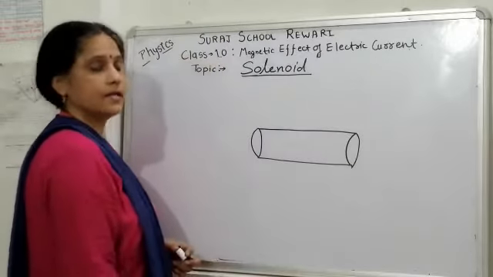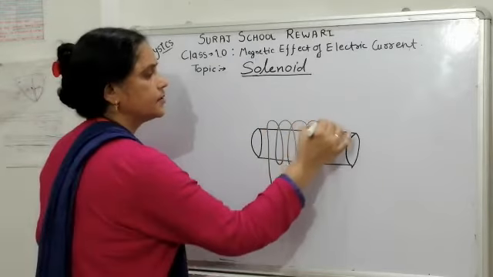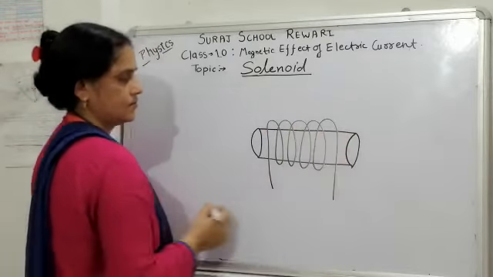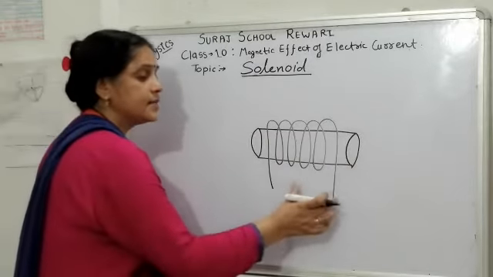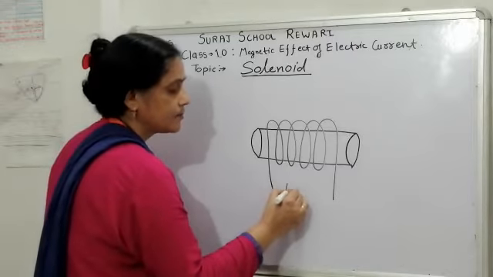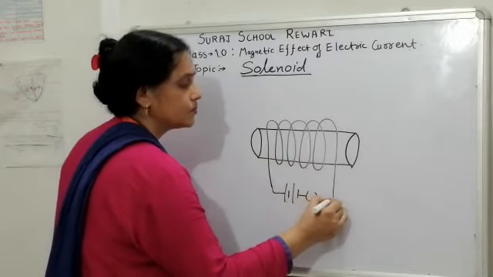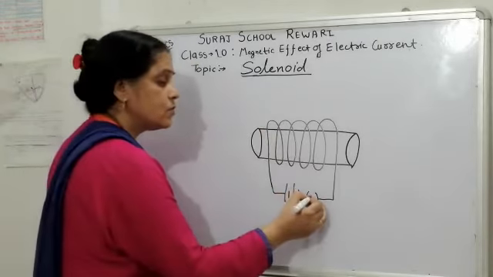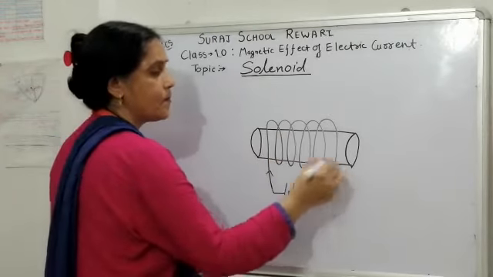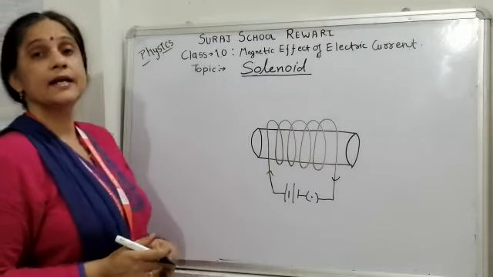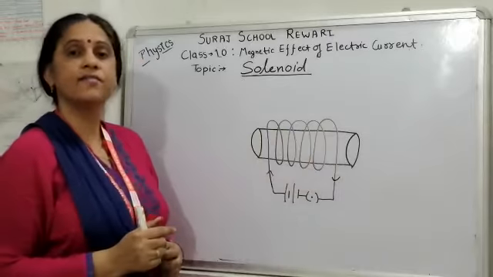It is a cylindrical device and we insulate copper wire around it. It is a solenoid. And if we connect this wire with a battery, and to control the circuit, a key also. And when we switch on the key, then current passes through the wire. And we know the magnetic effect of electric current.